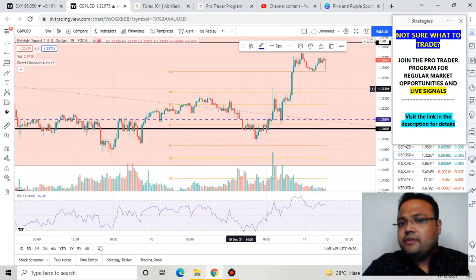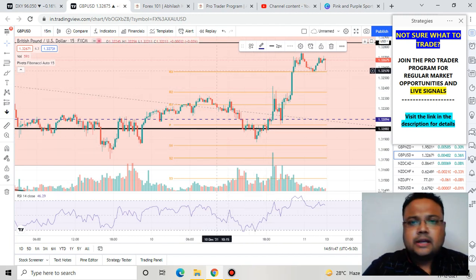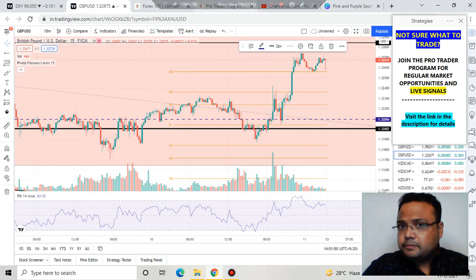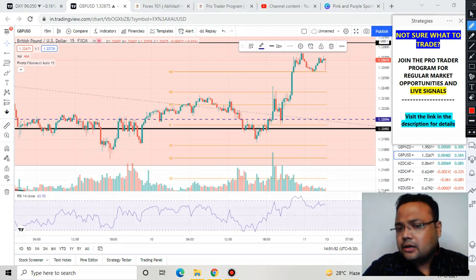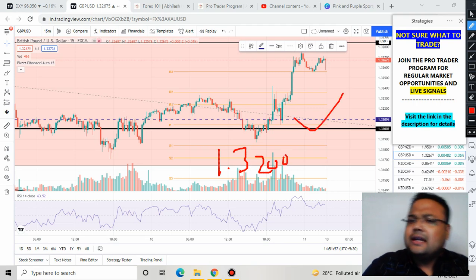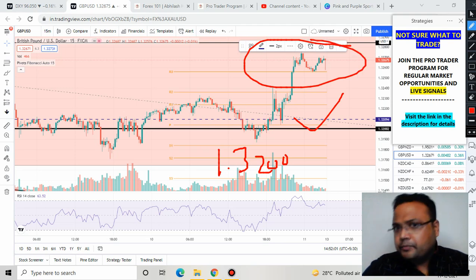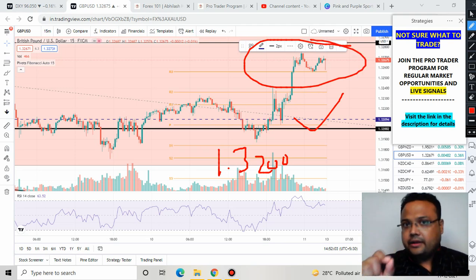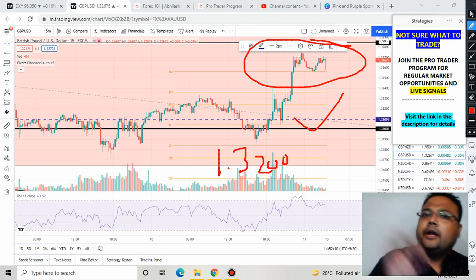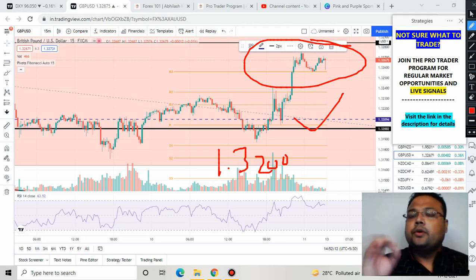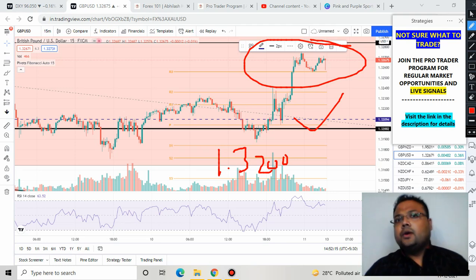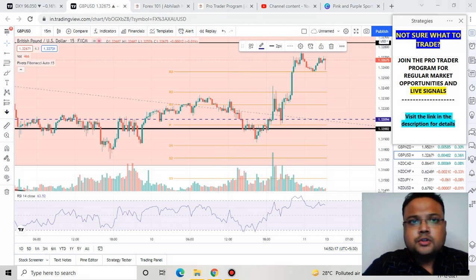There are multiple pairs. Why should you be risking on a chart that you hardly understand? See, this is the 15 minutes chart in front of us. Do we see any proper level here to buy and sell? No. In case the market comes down to the level of 1.3200 and bounces, then you can think about taking a buy position. But right now at the present level, we do not have any prominent level here. Clear? So better look for a different pair or just observe GBP USD for quite some time. If you want to take a positional trade, yes, you can go for it with your stop loss below 1.3150. Okay, so that's it.